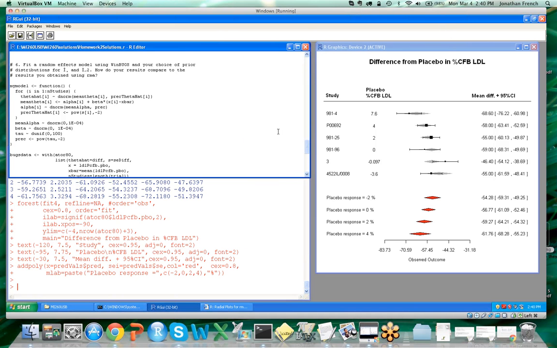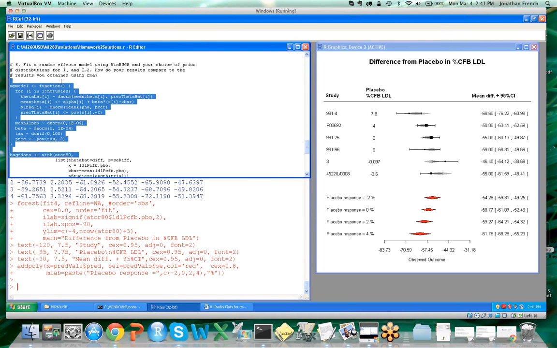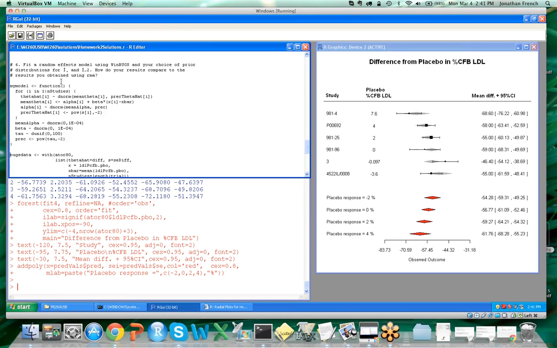these models in WinBUGS. Again, I've used the functionality in the R2WinBUGS package that allows me to write my model as a function. And that's what I've done here. Alternatively, I could have written this in a text file and kept that separate from my R code if I wanted to do it that way. And like we said before, as we get into more complex models, that's going to be how we'll tend to work. But in this case, our model